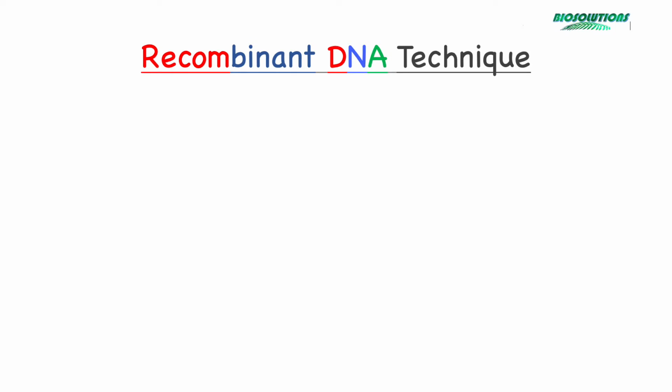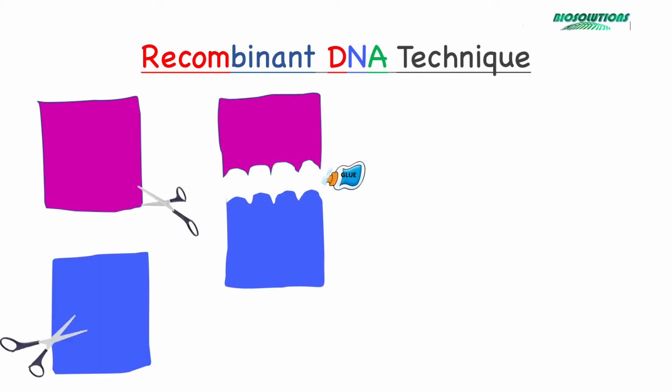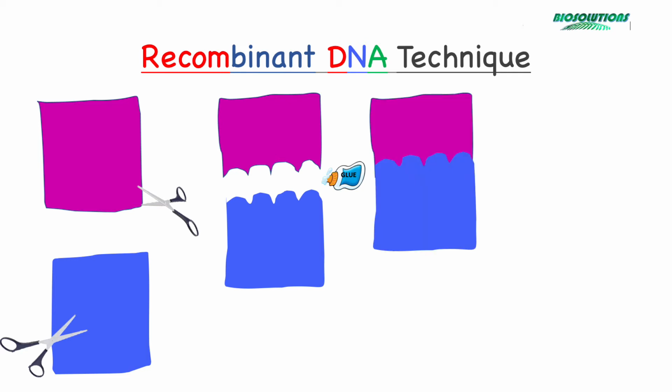Recombinant DNA is a new combination of 2 or more DNA sequences taken from different sources or organisms. The question is, how do we cut and join 2 different DNA sequences? This process is like a crafts work where we cut 2 different color papers using the same scissors and then glue them perfectly as if they were one piece only.